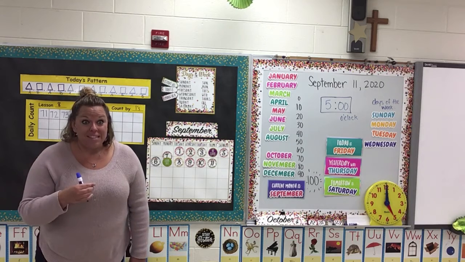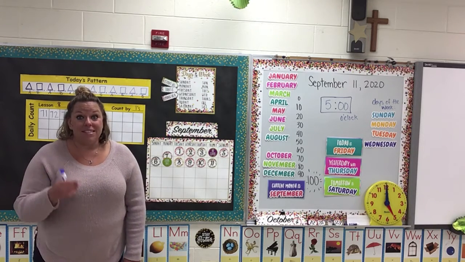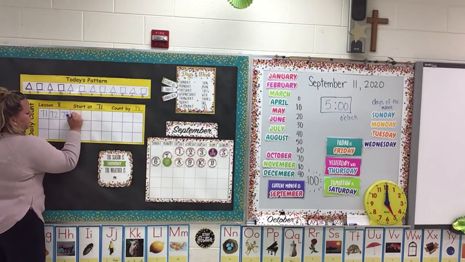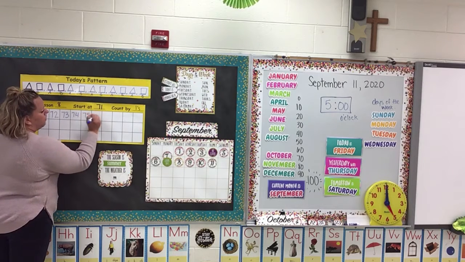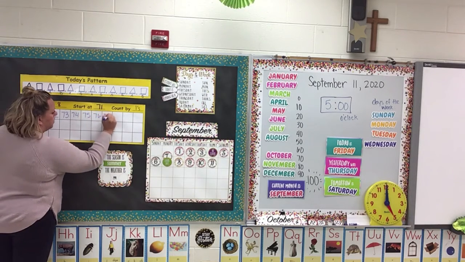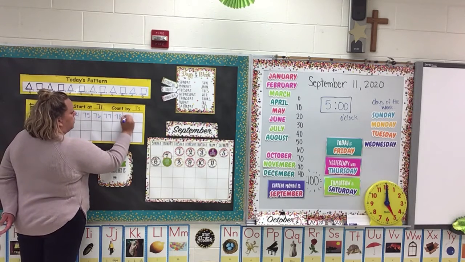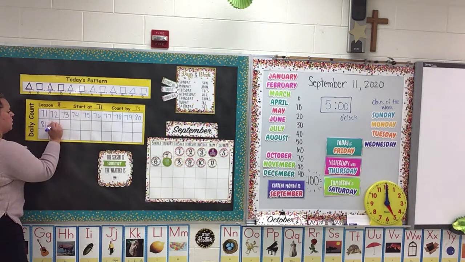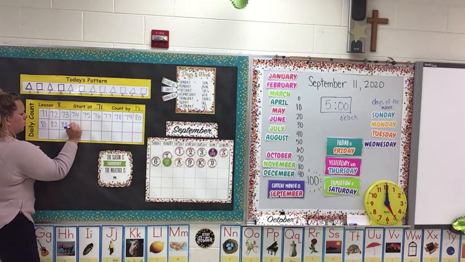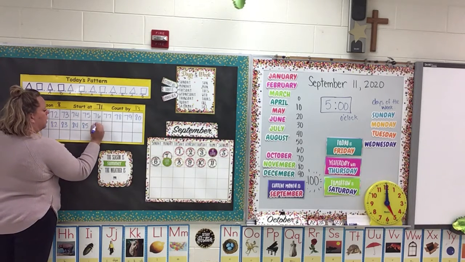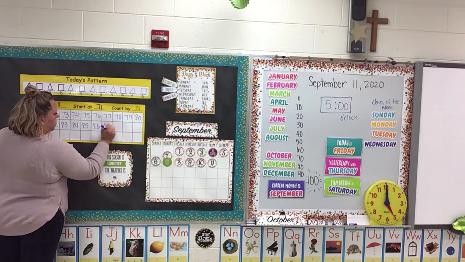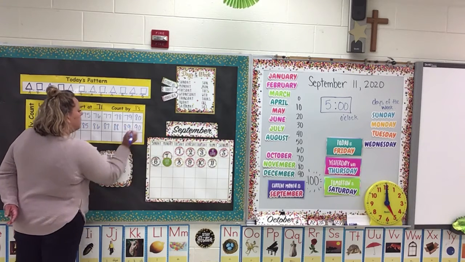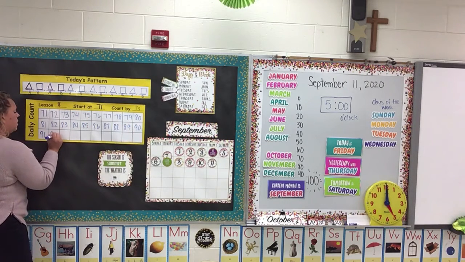Please remember that you want to be saying these with me, because the more you're practicing saying these out loud, the easier it's going to be for you. So we're at 73. What's after 73? 74, 75, 76, 77, 78, 79, 80, 81, 82, 83, 84, 85, 86, 87, 88, 89, 90, 91, 92,